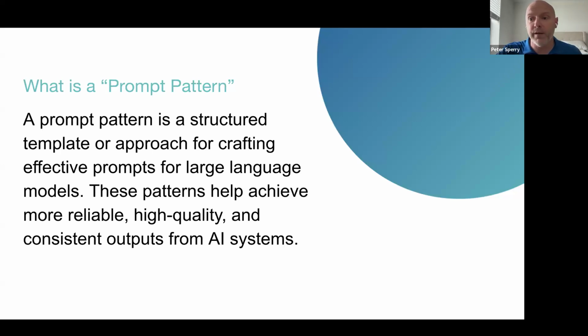We'll go through a few of them, and you'll have to forgive me here. We'll flip back and forth between the LLM, ChatGPT, and we'll use Claude a couple of times just so that you can see the differences. We're going to flip back and forth as we go through the prompt patterns so that you can see examples of these.